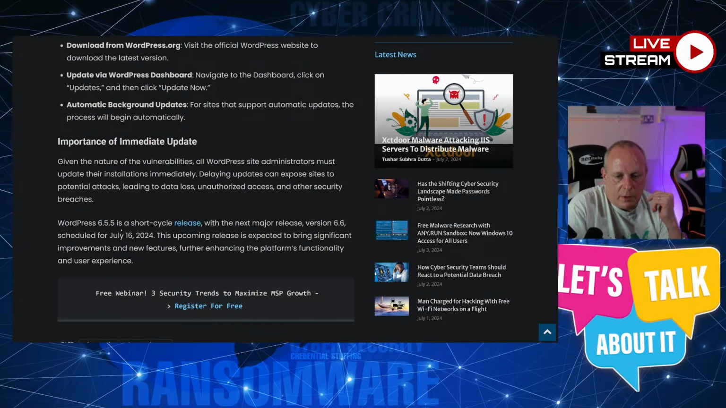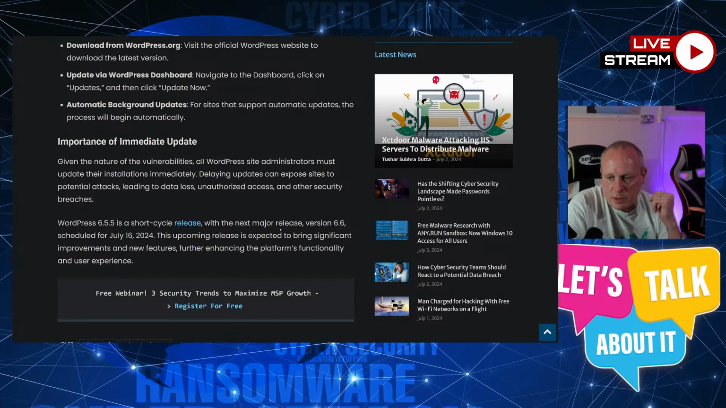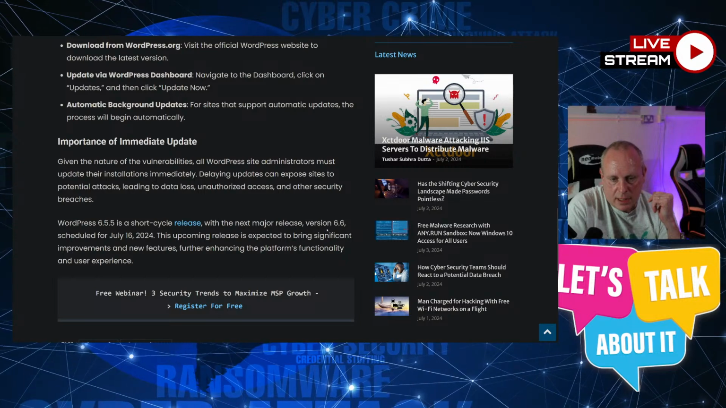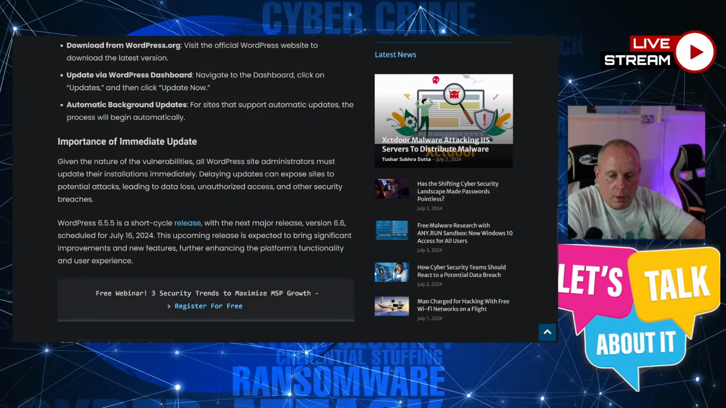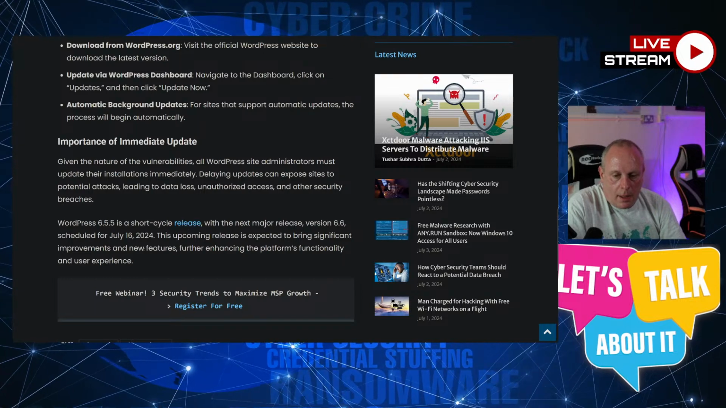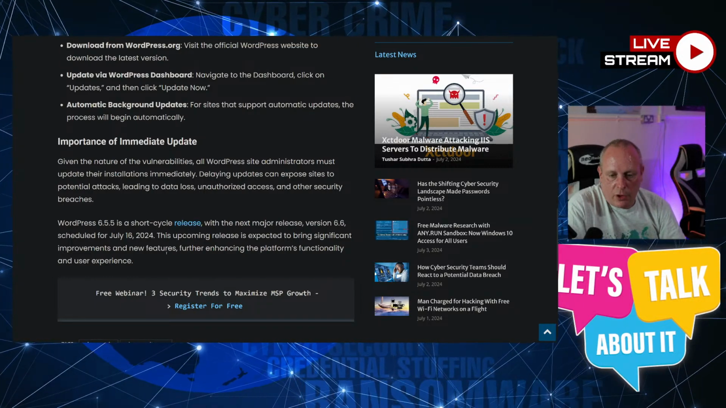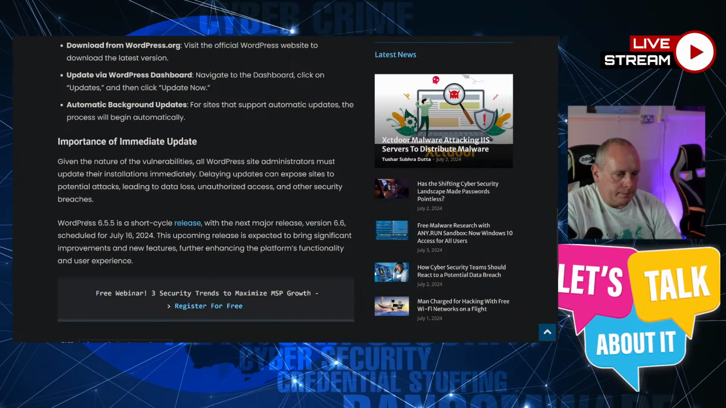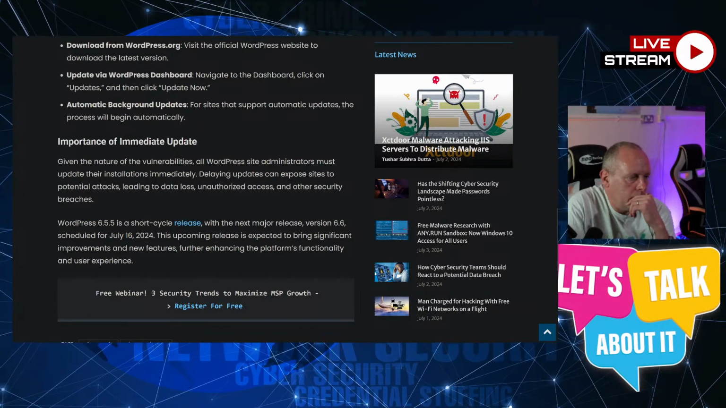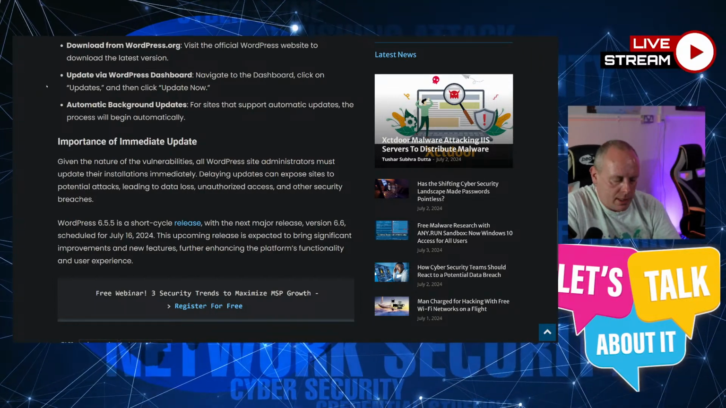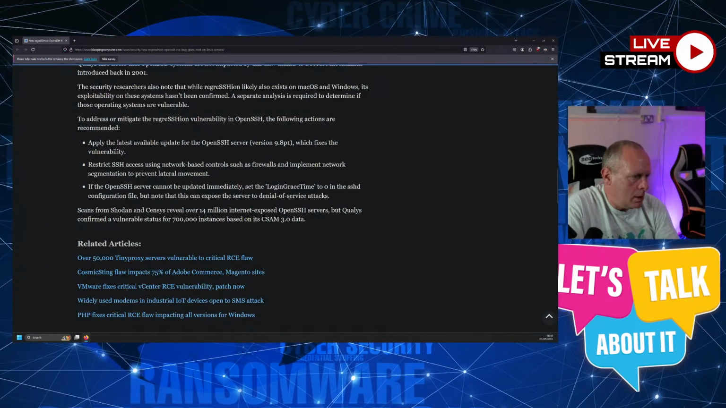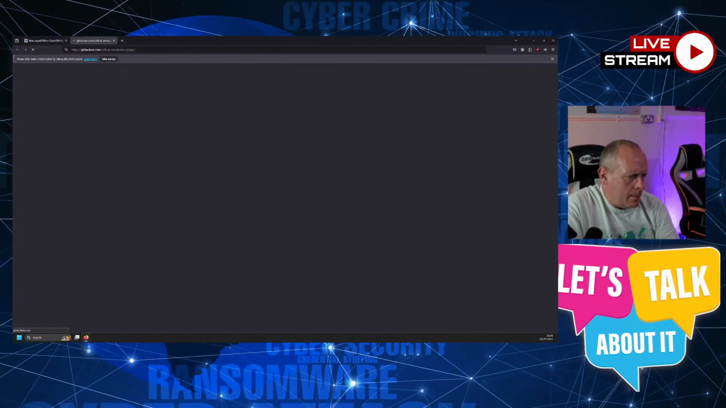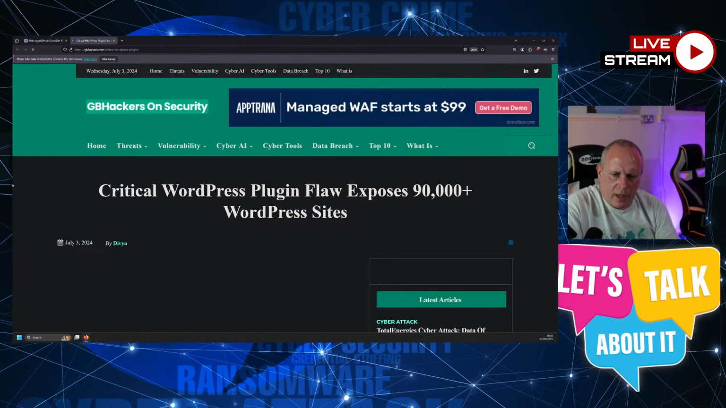So 6.5.5 is a short cycle release, with the next major release being version 6.6, scheduled for July the 16th, so a couple of weeks, which is supposed to bring significant improvements and new features. So if you're running WordPress, do your updates. Close some of this off. Staying with WordPress,